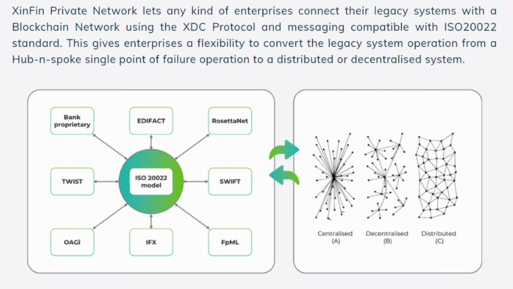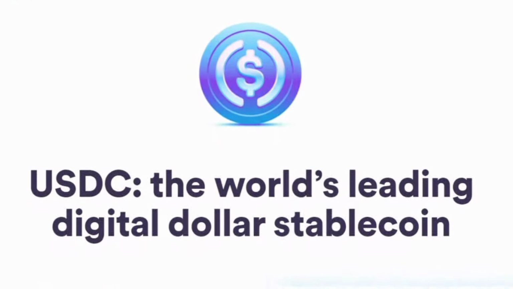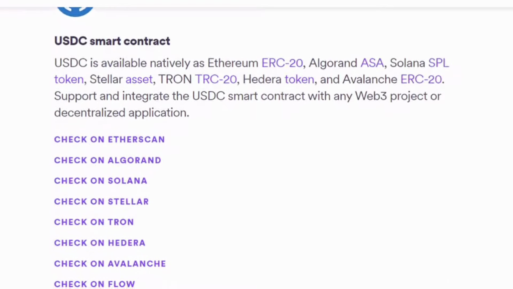I want you all to notice another pattern here. All of these chains we've mentioned so far are utility coins. This means that as utility increases, so will the value. What we can expect to happen here is the majority of the world's transactions will start to flow through these 5 assets. Well, 6 if you count Circle. Circle just so happens to support Algorand and Stellar. Surely they are just waiting for Ripple to finish off the SEC, and then they'll be added here too.